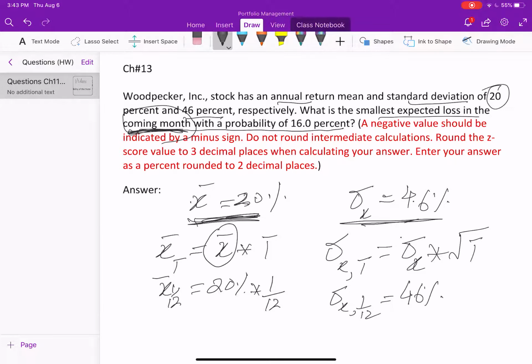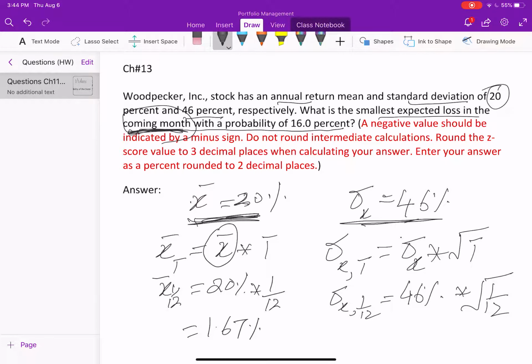This is not 0.46, guys, it is 46%. Now multiply by the square root of 1 divided by 12. If you solve it, I got 1.67% for the mean,